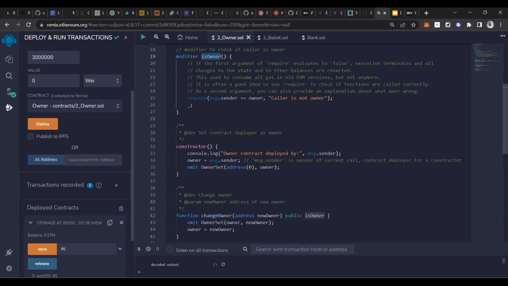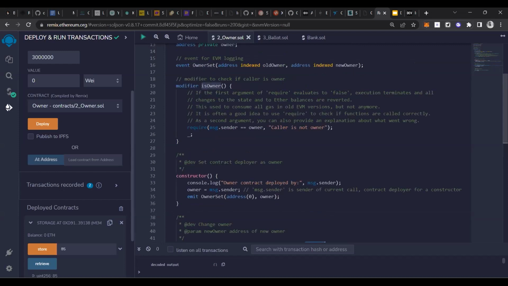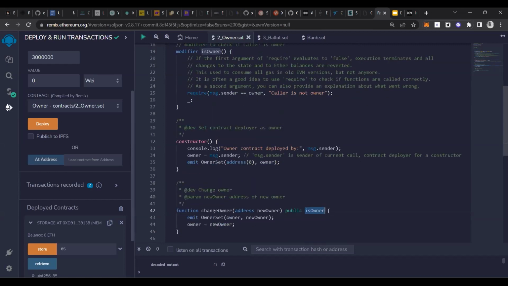So here we are calling the isOwner modifier, and it's checking the condition of whether the message sender is the owner or not.